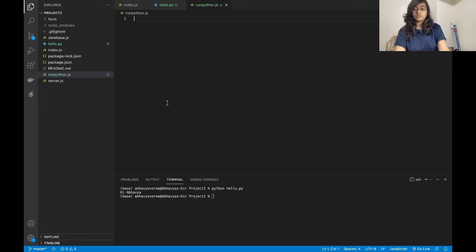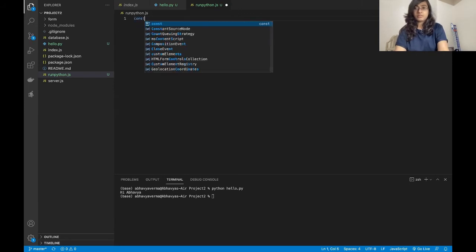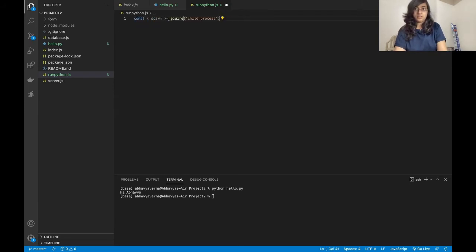So the first thing you are going to need is to get the child process. Save it, and remember you need to install this also, npm i child_process. Hit enter, we will write the rest of the code.